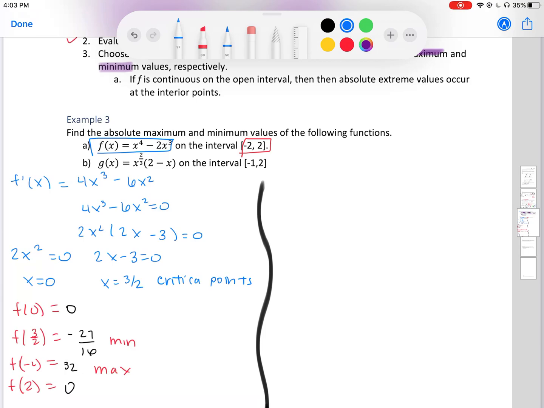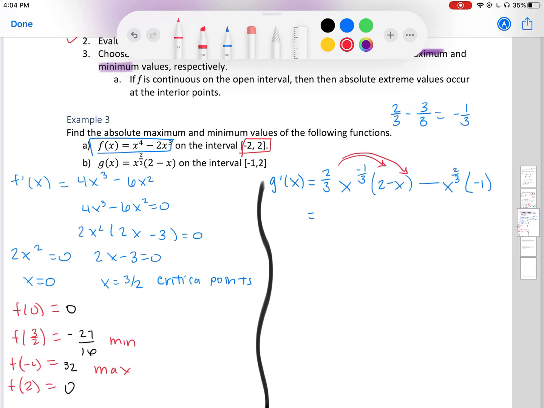Let's start off by finding the derivative. So g prime of x, we have to use product rule. The derivative of x to the 2/3 is 2/3 x. Let's subtract 1 from 2/3 as we're supposed to, but let me show that work so that we don't make a silly mistake. So that would be -1/3 times the second, 2 minus x, minus my first product times the derivative of the second, which would be -1. Let's clean this up. Let's distribute